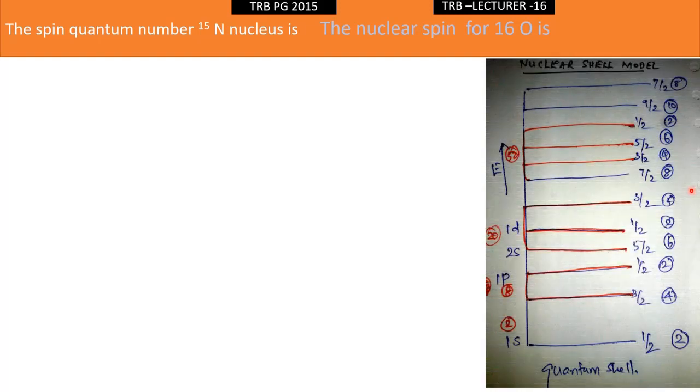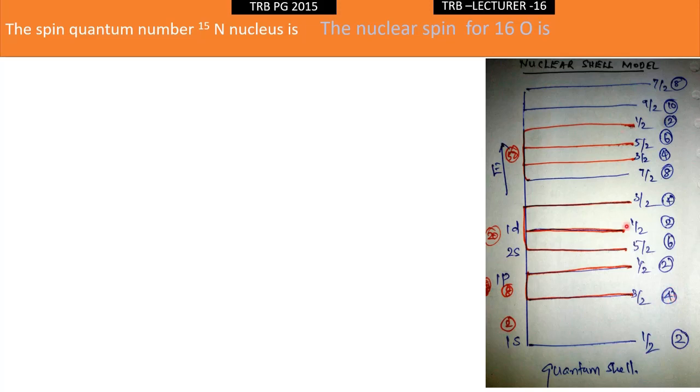So like the electronic energy level, there is a nuclear shell model. Here in the nucleus, the protons and neutrons are arranged in increasing order of energy, so it is like your electronic energy level. Based on the Pauli exclusion principle and Hund's rule, we have to write the nuclear configuration of the particular nucleus. So one s level, you calculate the spin multiplicity, it will be 2. So the number of particles in this shell is 2, and for 3/2, the number will be 4.